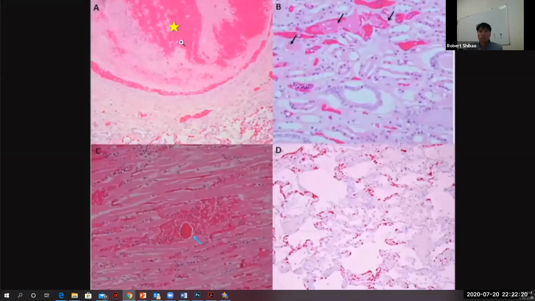Here we can see different tissues of the human body. Here in panel A, this is the medium-sized blood vessel in the lung. And we can see a coagulation here by the yellow star. In B, for those who are not inclined to know this, this is the kidney. As you can see here, some tubules, and you can see that there are, at the arrows here, thrombi in the kidneys. Here in C, this is what the heart looks like under section. You can see the sarcomeres and the muscle fibers going across. And here, at the blue arrow, we see another thrombus occurring. And then over here is lung tissue and microvasculature. We can see multiple blood clots here in the microvasculature.